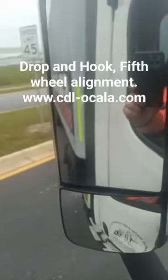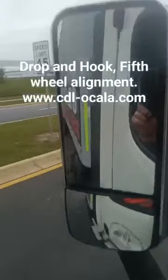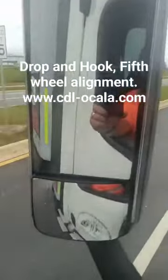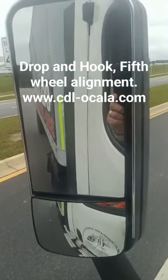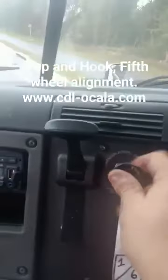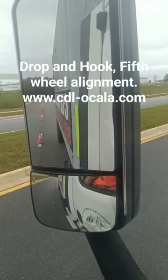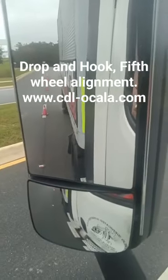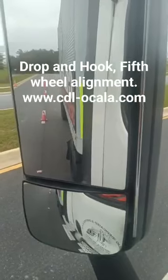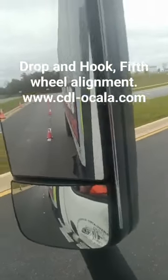You see how I can see right there? I can see that connection. If I look in my mirrors, I can see what I'm looking for, or where I'm at in relation to where my tires are in relation to the trailer. So now, this truck, I dumped the suspension. You're gonna see the trailer come down. Now you see it moving. Now I know that the bottom of the legs, or the sand pads, are touching the ground. Put the truck in first, and as I pull away,